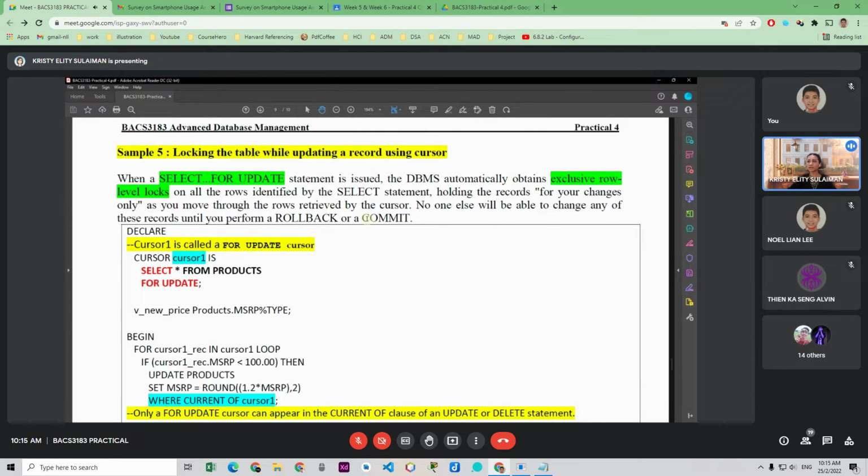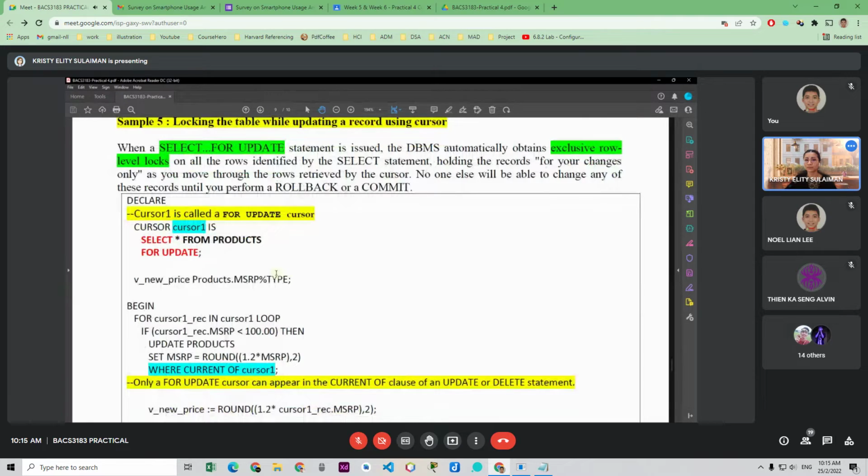Commit is when you want to save the update that we have done for the table. Like now, if you exit your SQL Plus, and then you go again and run this query again,